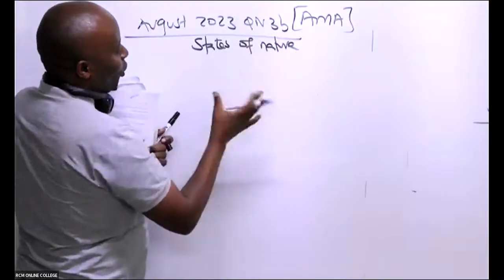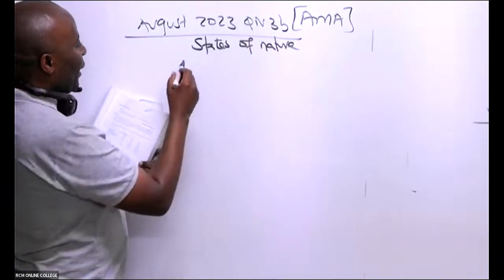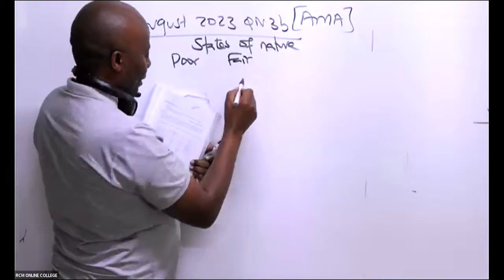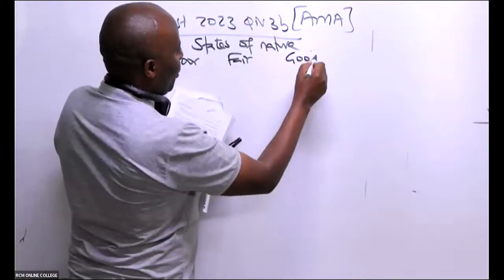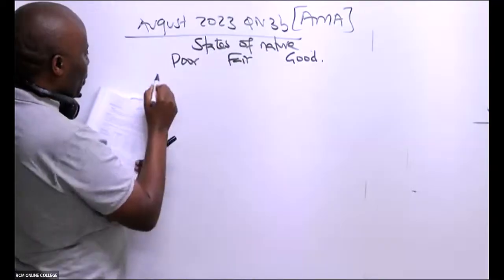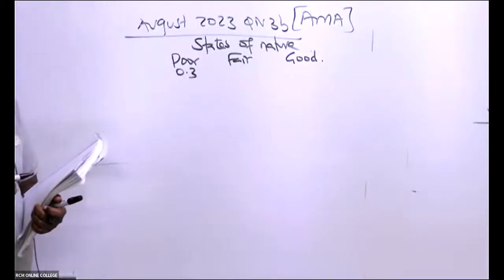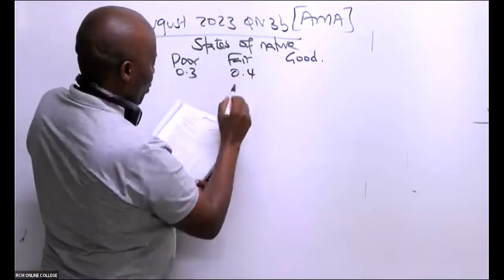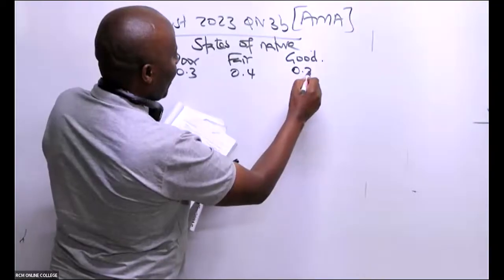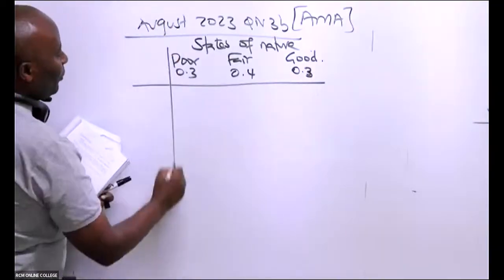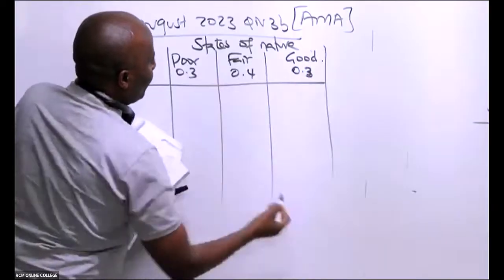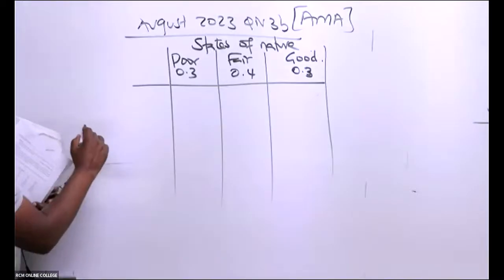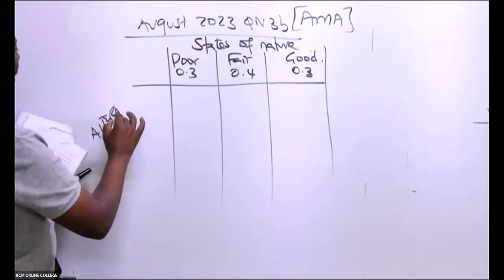States of nature are the uncontrollable probabilistic events, and there are 3 here: poor, fair, then we have good, and then I can see their probabilities. 30% is the same as 0.3, 0.4, and then we have 0.3, like that. 40% is the same as 0.4, like that. And then we have alternatives. Our alternatives here,